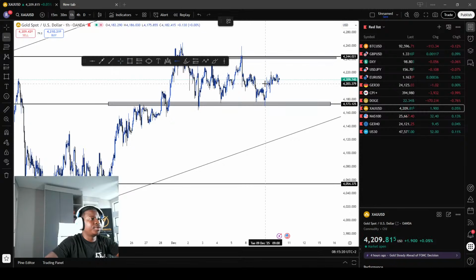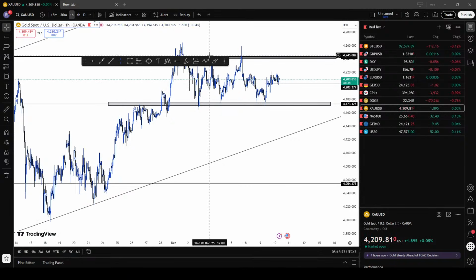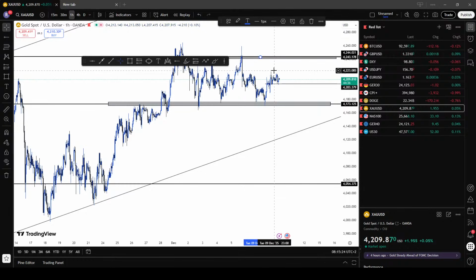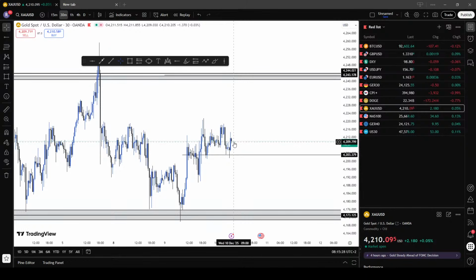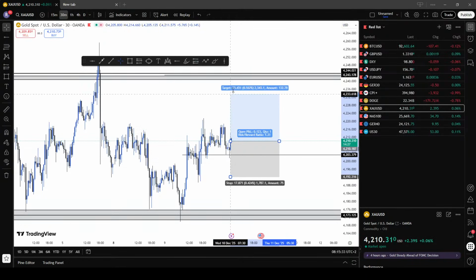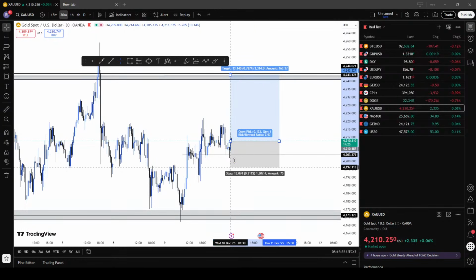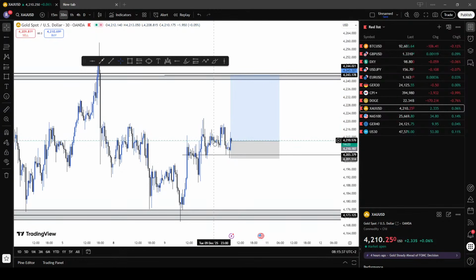So we need to look for our proper entry somewhere here, and then we know our take profit is there at the top side. So this is how I actually check how I enter my trades. Where was I and where am I going? From this point here, I can just check out my buying opportunities, hoping that they can come here, and then put my SL here, and then just enter and hold.